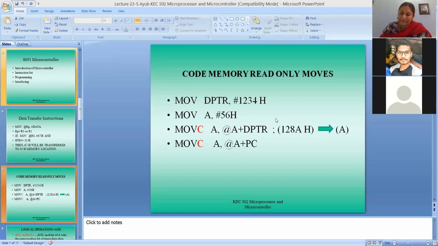Then suppose your temperature is 30 degrees Celsius, and let's say for 30 degrees Celsius the corresponding digital value is C3 hex. Then at the 20C3 hex memory location, what value should you have saved? You should have saved the value 30. Why? Because whenever the temperature of 30 degrees occurs, it will give you the corresponding digital value C3 hex. So when you have studied all the temperature values as digital values, at the corresponding memory location you will save that particular temperature reading.